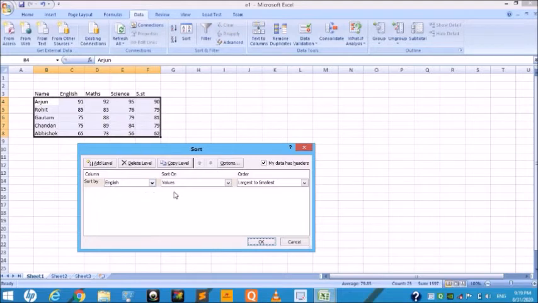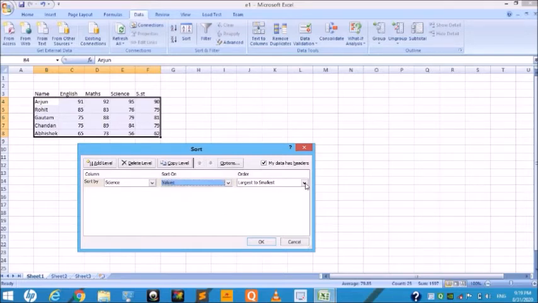Then in the Sort by drop down button, select the field name on which the records are to be sorted. So I choose Science. Then in the Sort on drop down list, choose the Values option. You can also perform the sorting operation based on cell color, font color and cell icon. So I choose Values.